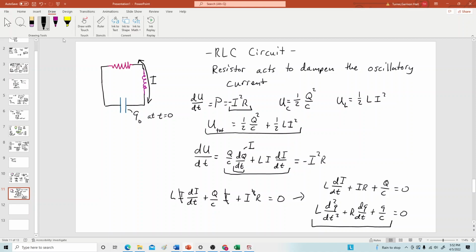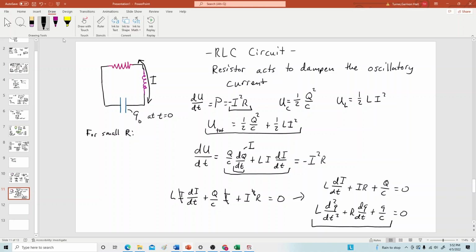If I have a really small value of R, then what will happen is the power dissipated by the resistor into the environment will not be very much per cycle. So for small r,